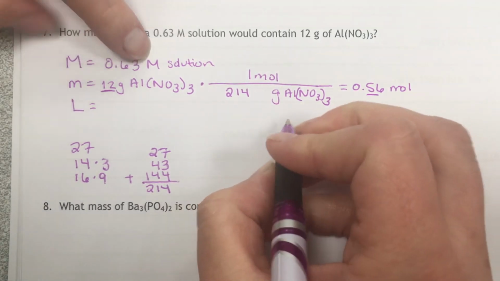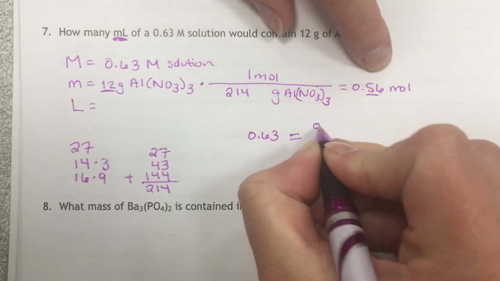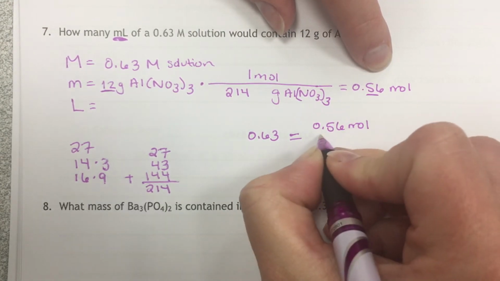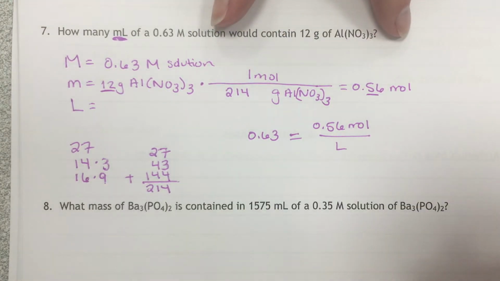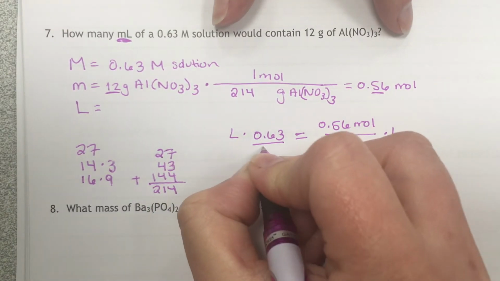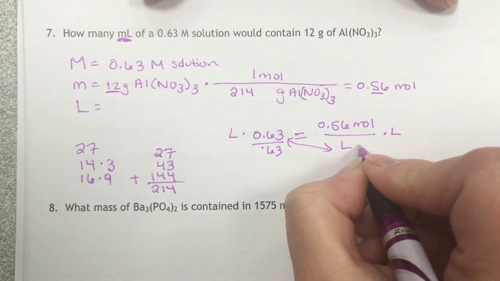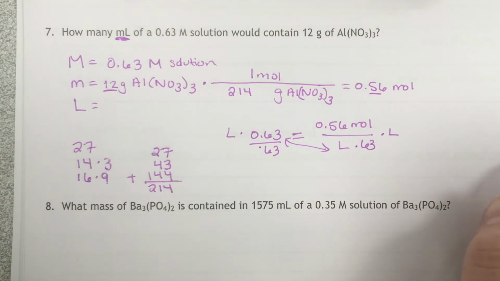So basically we have 0.63 molar equals 0.56 moles divided by volume. So we want to get volume by itself. Divided by 0.63. Most of you can just know that these two will switch places in this case, but I'm kind of showing you my thought process. So basically you have liters equals this divided by this